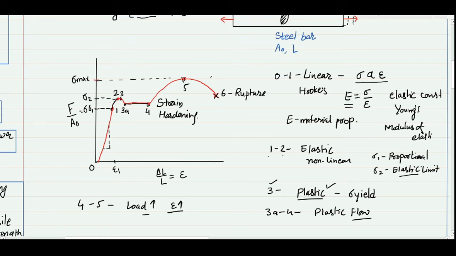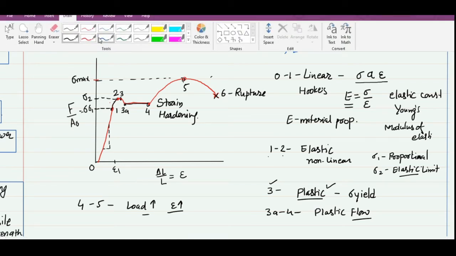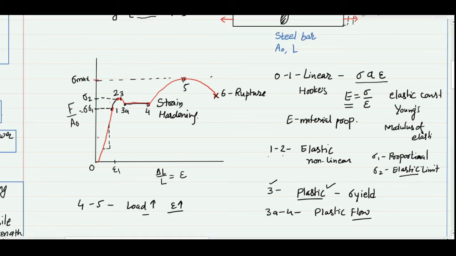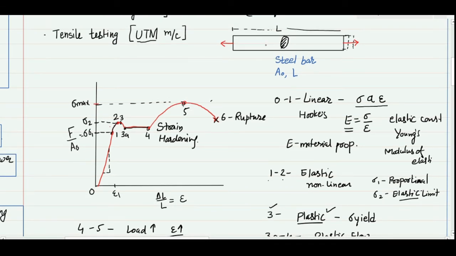When you look at this state and cross-check with your material, you will find that there is a neck formation. Because the length is continuously increasing, the cross-section area is reduced at some place, and there is a formation of a neck region, the low cross-section area region. We call it the neck. Because of the formation of the neck after point 5, there is a sudden increase in length and then failure. So from 5 to 6 we call it necking or local necking.